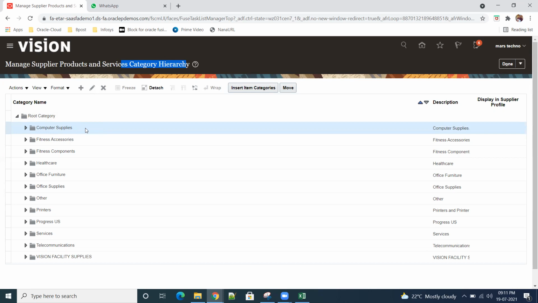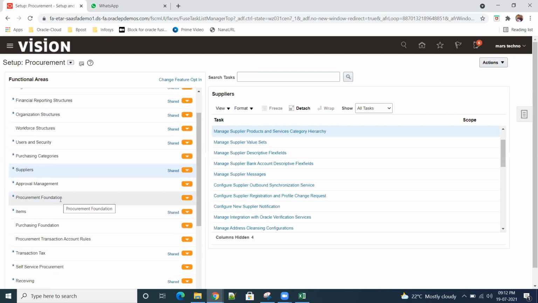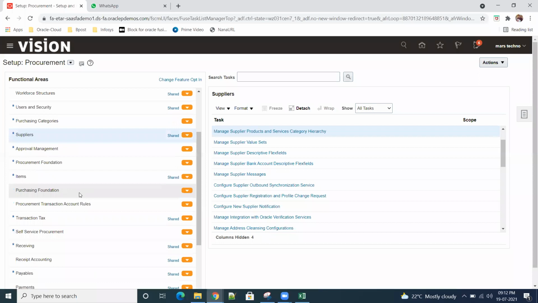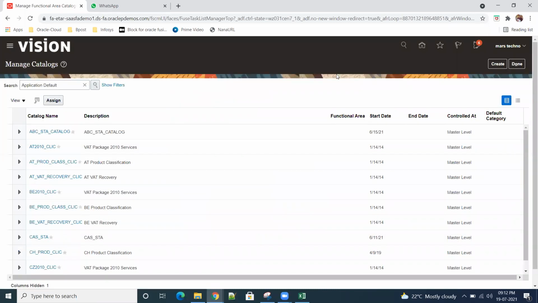Where do we need to create the category? We have a functional area, catalog and category. So first we'll create it there. We'll come back here so that we'll understand the things. So come out from here. Where is it? Go back. Category catalog. Here, purchasing categories. Okay, functional area catalogs. See, this functional area catalog is a kind of setup for whatever we have seen, right?